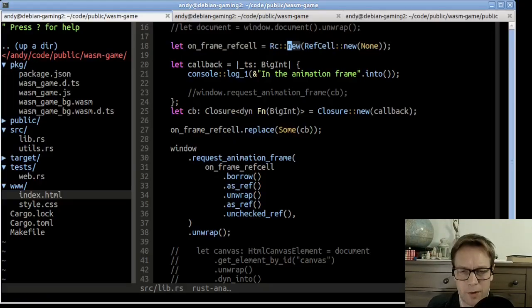The reason we're starting out with it as a none and then filling it in later is we need to fill it in with something we haven't created yet, but we need to use it before it's been created. What I mean is we need to mention it before it's finished being created. But this code won't get run until we call this line, and at that point, it definitely will have been populated with something. So it's okay for us to assume it exists in here. So back to this, we can say request animation frame and